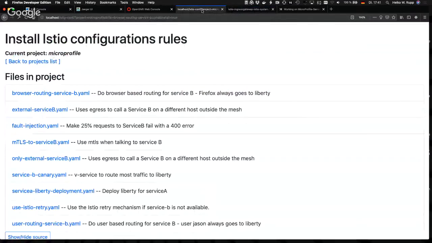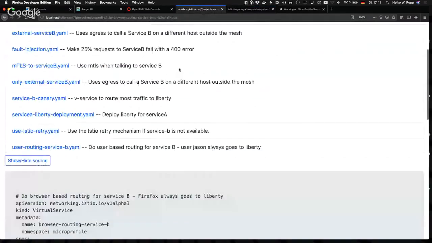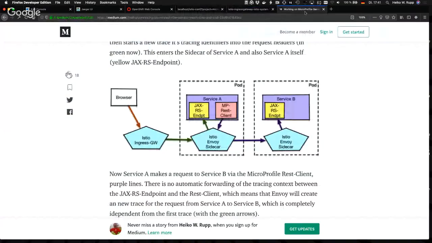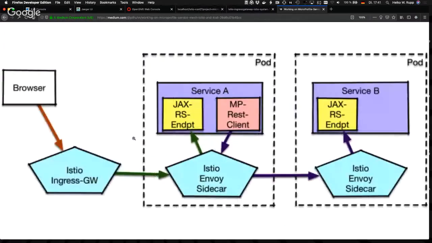Okay, and for this to actually work, you need to do something. I've written an article some time ago about, at that time, tracing, and Emily already mentioned that kind of. This is a situation in this picture where you have a request coming in over the browser.